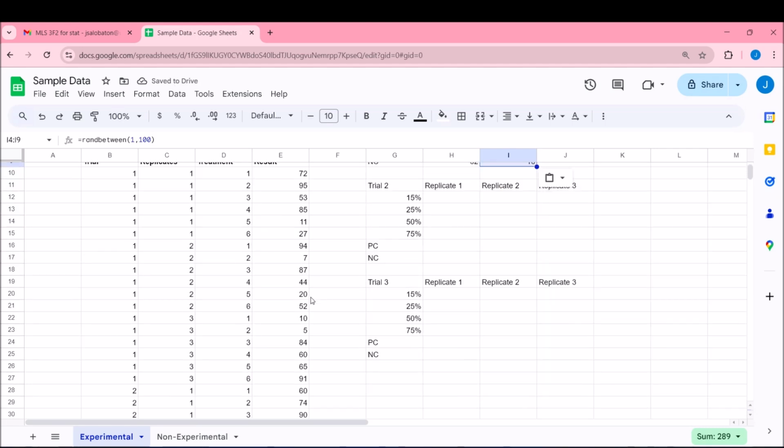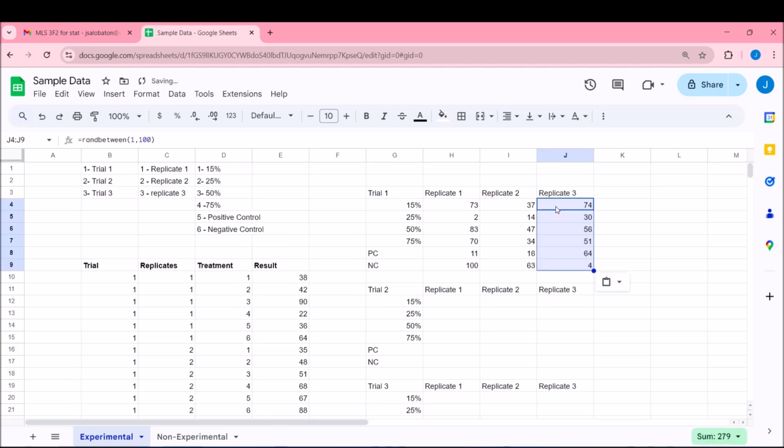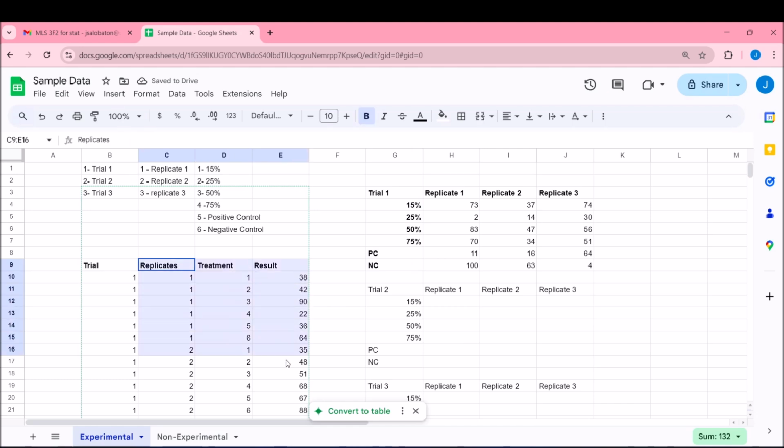If it's random, you can change it all the time. So your data would look something like this right now. So you'll have to encode it from this to look like this version here. Thank you very much.